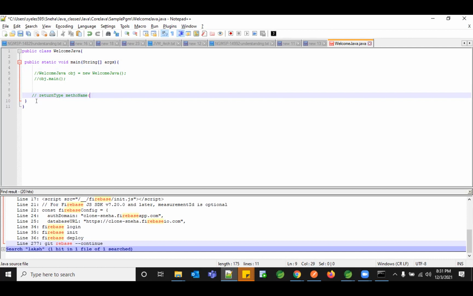If I'm giving an addition method, I can use the return type again, and you can have your variable name there. If you want more than one, you have to separate the variables with a comma operator, give relevant variable names again, and close that particular method. So this is the syntax of your method creation.